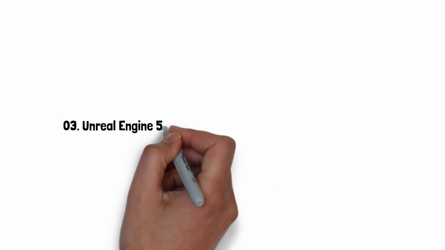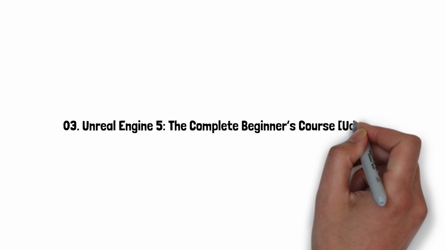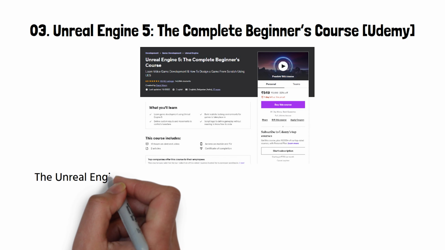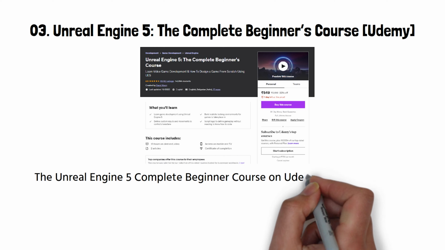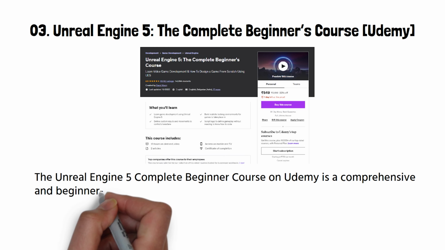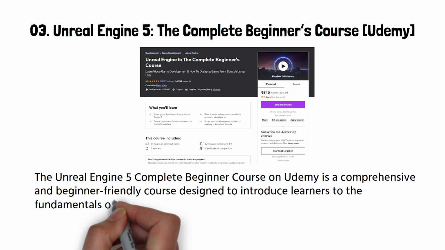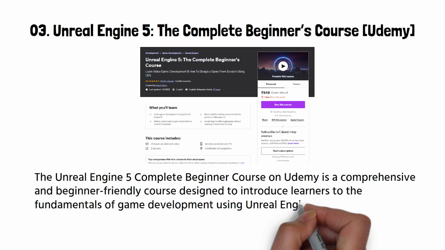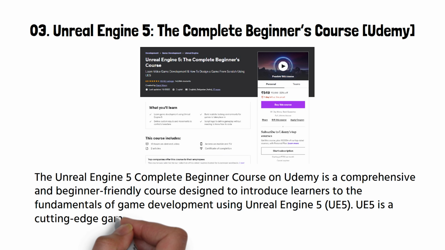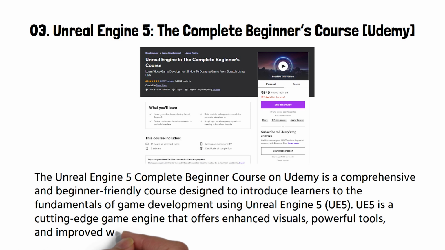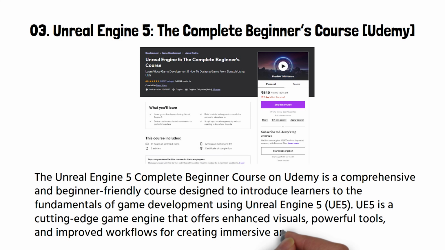The third course is Unreal Engine 5, the Complete Beginners course from Udemy. The Unreal Engine 5 Complete Beginner course on Udemy is a comprehensive and beginner-friendly course designed to introduce learners to the fundamentals of game development using Unreal Engine 5, UE5. UE5 is a cutting-edge game engine that offers enhanced visuals, powerful tools, and improved workflows for creating immersive and realistic